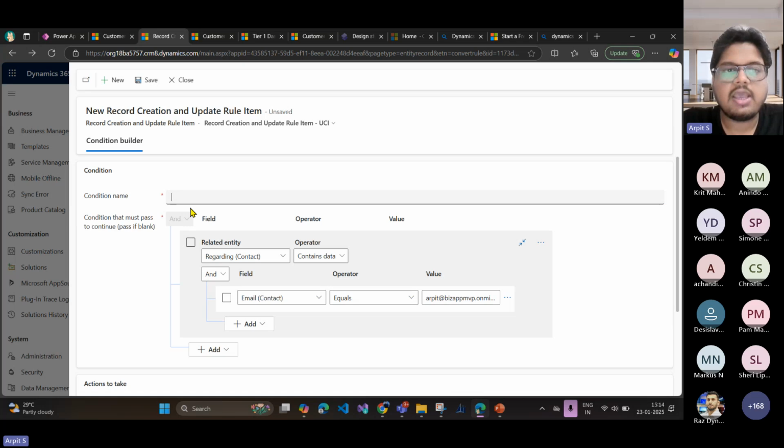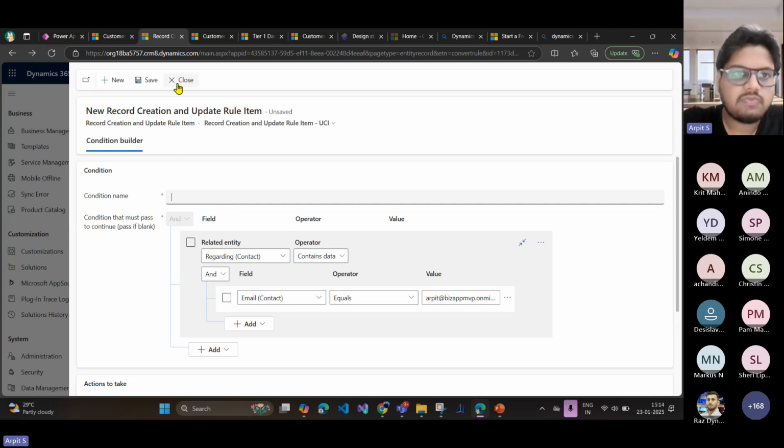Okay, so this is how you can simply add the rule to automatically create the data. For example, if the email is coming from a gold customer, or from a specific customer, or if the email is entitled to a particular contract, then these kinds of business logic